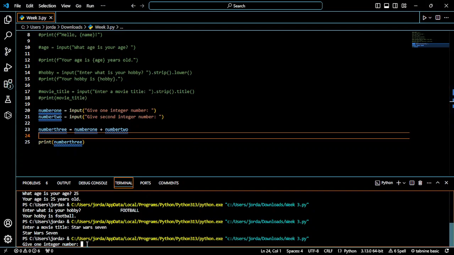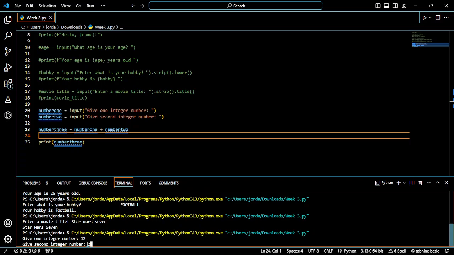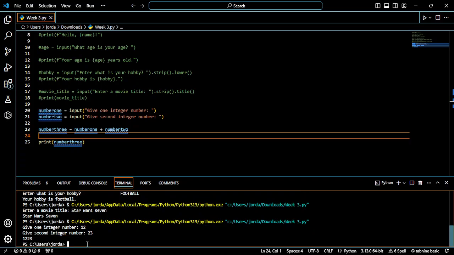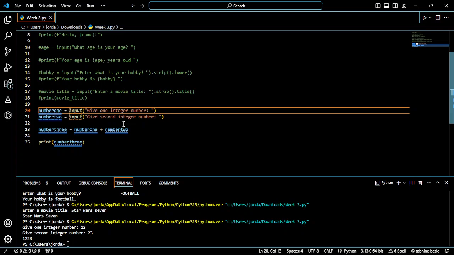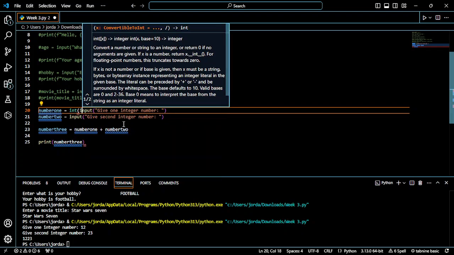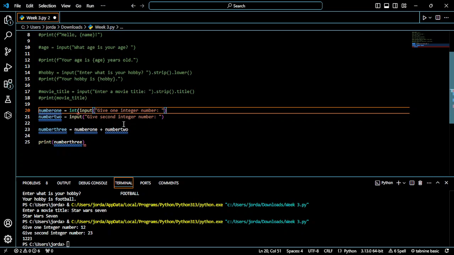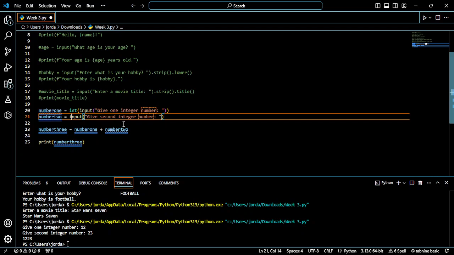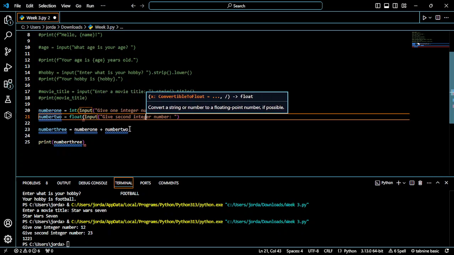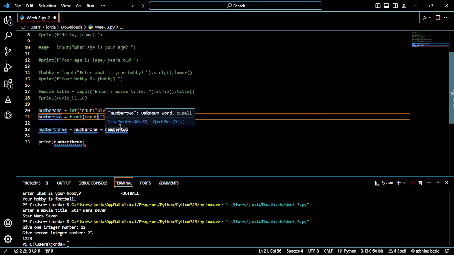Okay, we'll give one as 12, the second one is 23, but because they're taken as strings and not integers, it didn't add them together for us, it just combined them into a single one. If you want to make them integers, floats, or whatever, you have to add the integer function in front of it. For this one, we'll add a float, even though it doesn't need it, because you'll just type in an integer, but the float would be the exact same, except instead of typing int, you type in float,